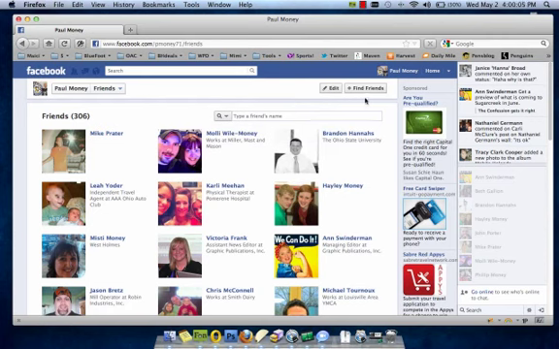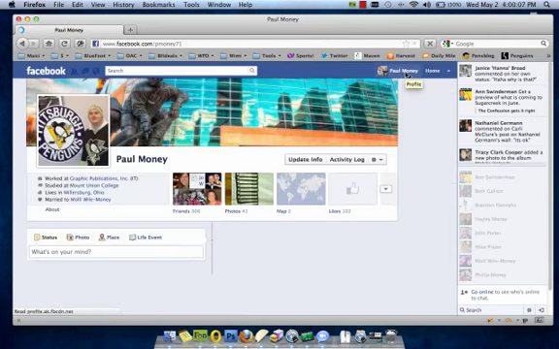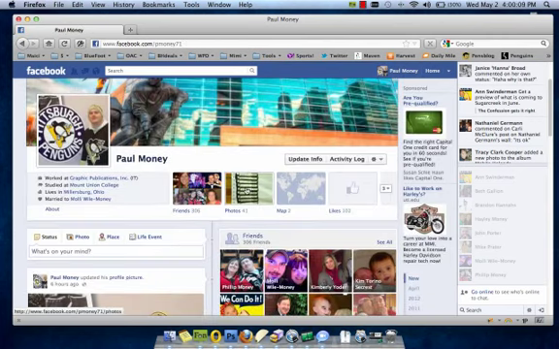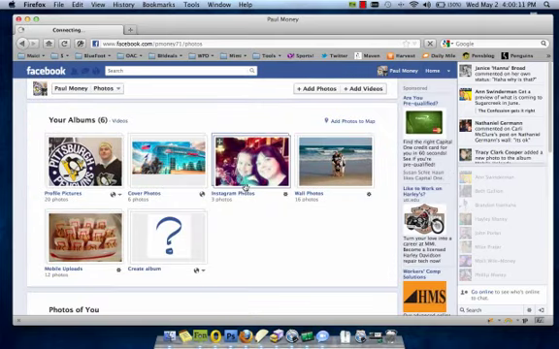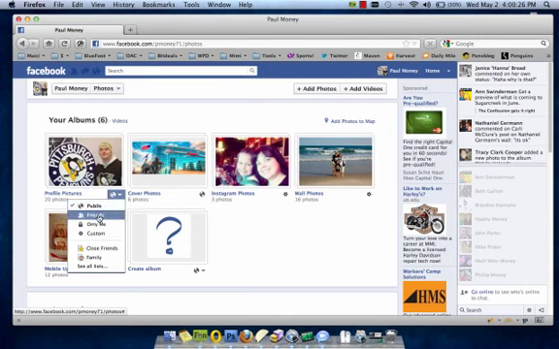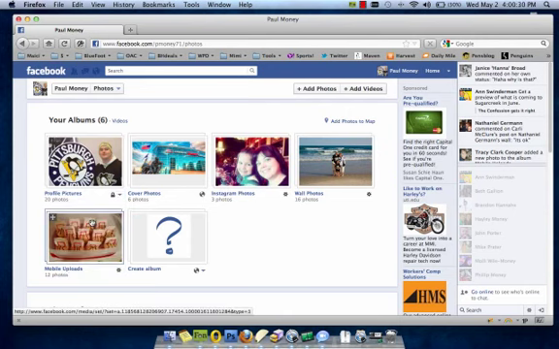So that's done. So if we go back to my profile, and then as far as my photos, that works very similar. So if I click on Photos, again it's going to take me to my photos. And then these actually have the drop down under each album. Again, the cover album is always public. You can't change that one. But maybe for my profile photos, maybe I only want friends to see that, or maybe I only want me to see that. So again, you can change your albums based on that. So if we go back to my profile,